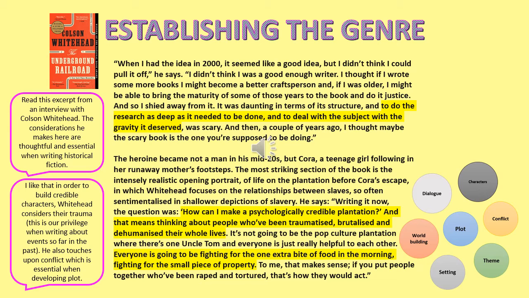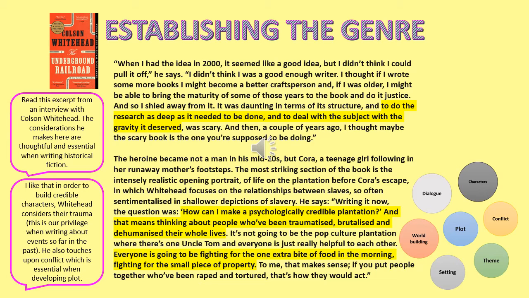When I was planning this week, I looked into the writer Colson Whitehead, who penned The Underground Railroad. You've now read the opening of that novel, and I want you to spend some time looking through his thoughts and considerations that took place during his planning process. He outlines them here.